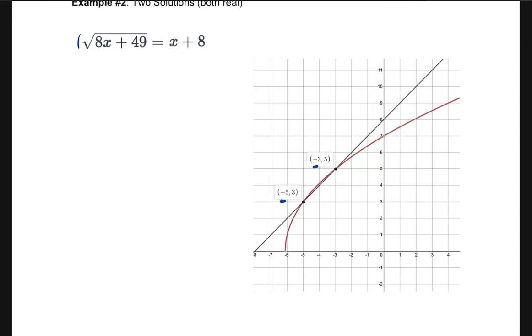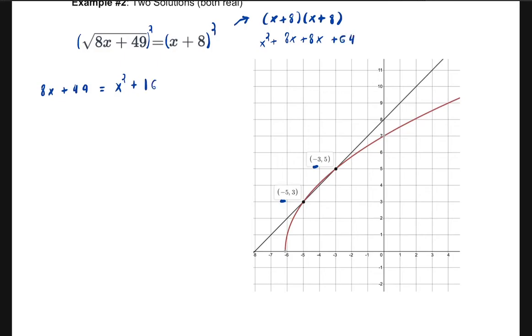And the reason this happens is that when you square both sides of this equation, on the left-hand side, you get rid of the radical because it undoes square rooting. But on the right-hand side, you have to remember that x plus 8 squared means x plus 8 times x plus 8. And we have to do all of that out to get x squared plus, in the middle, you're going to have 8x plus 8x. When you do this all out, we're going to have x squared plus 8x plus 8x plus 64. So we have x squared plus 16x plus 64,